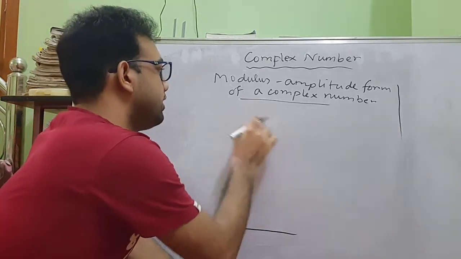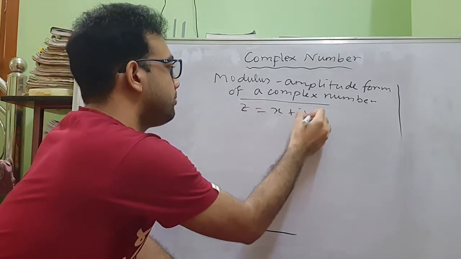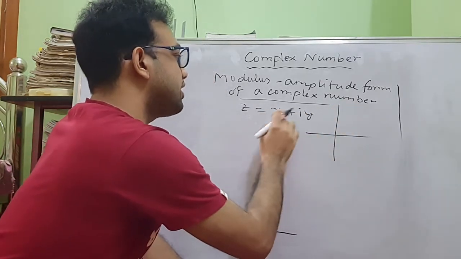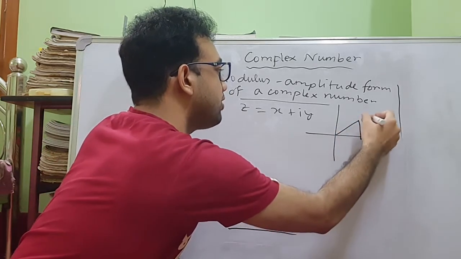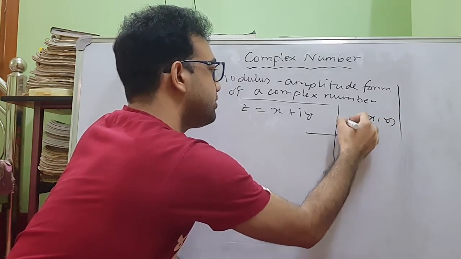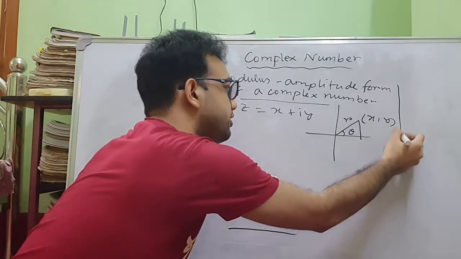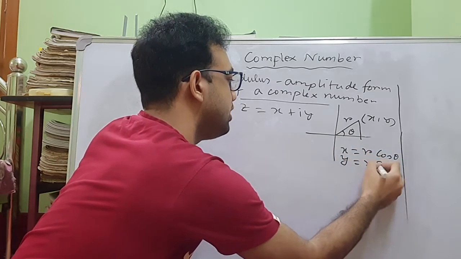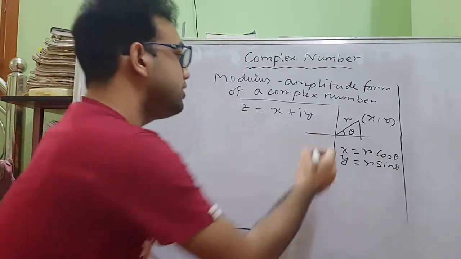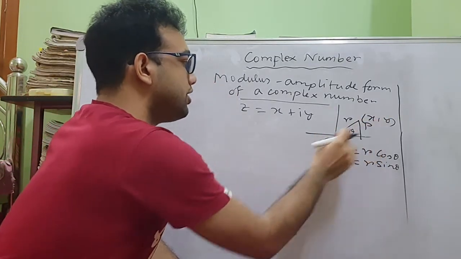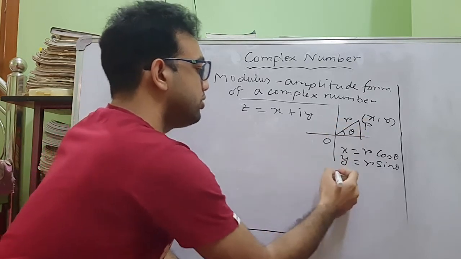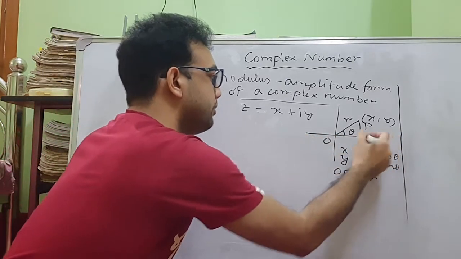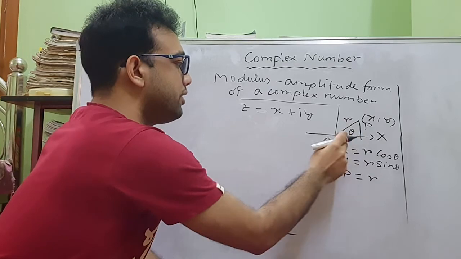That means if we take a complex number in the form z equals x plus iy, then we can transform this Cartesian coordinate into polar coordinate by using the transformation formula from coordinate geometry as x equals r cos theta and y equals r sin theta, where r is the length of the straight line OP. So OP equals r, and theta is the angle made by the straight line OP with the positive direction